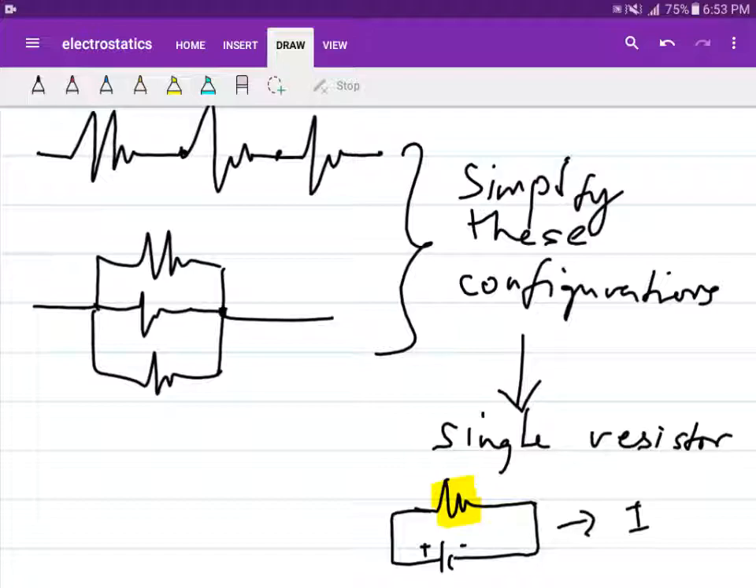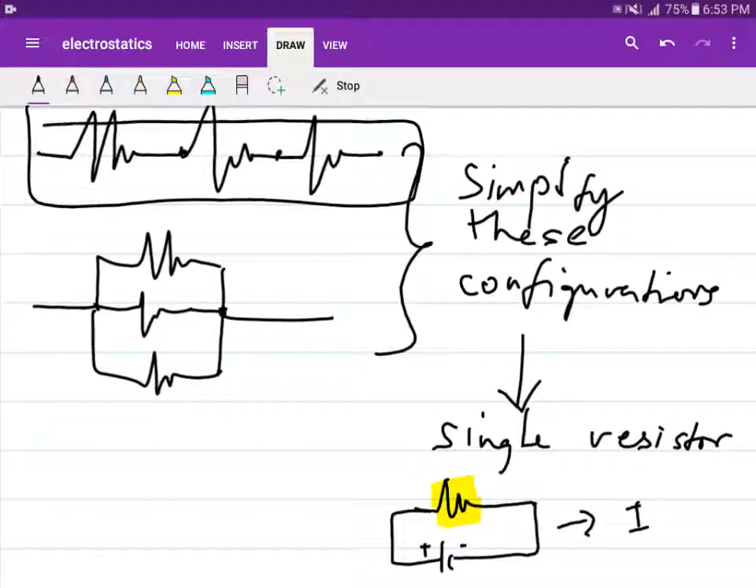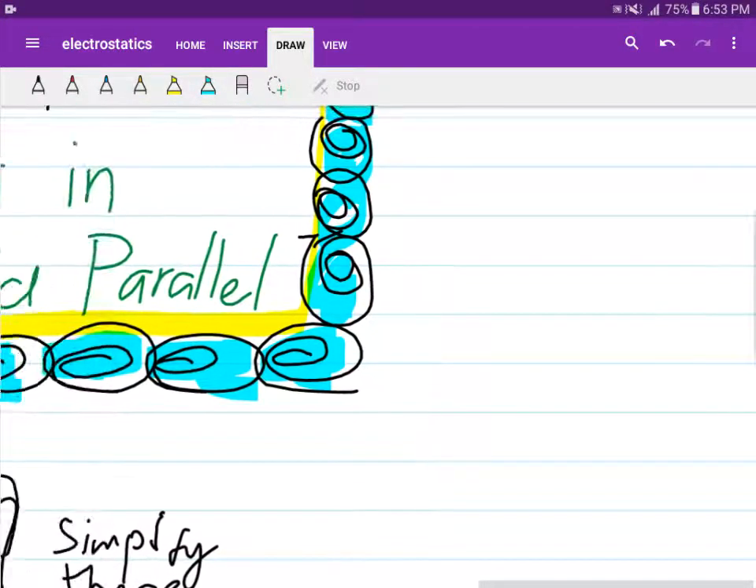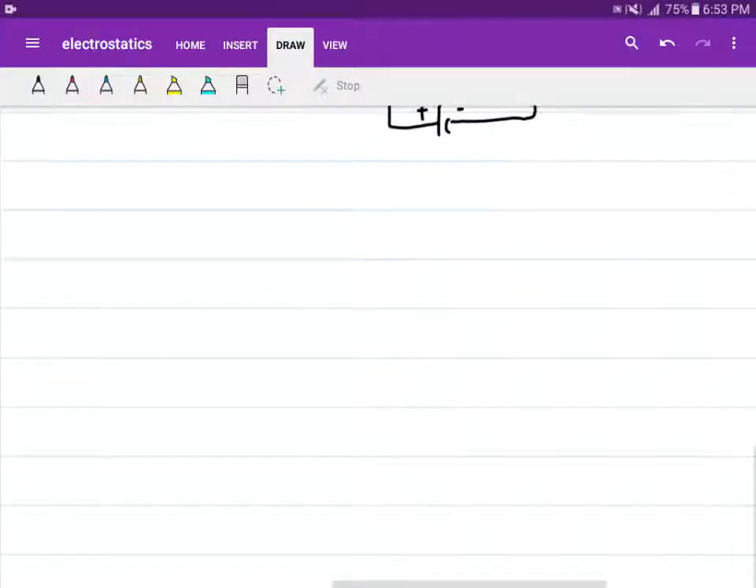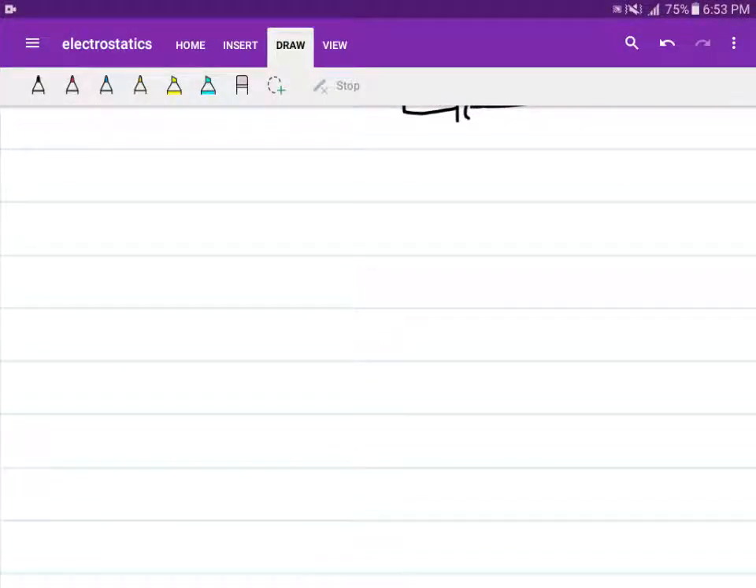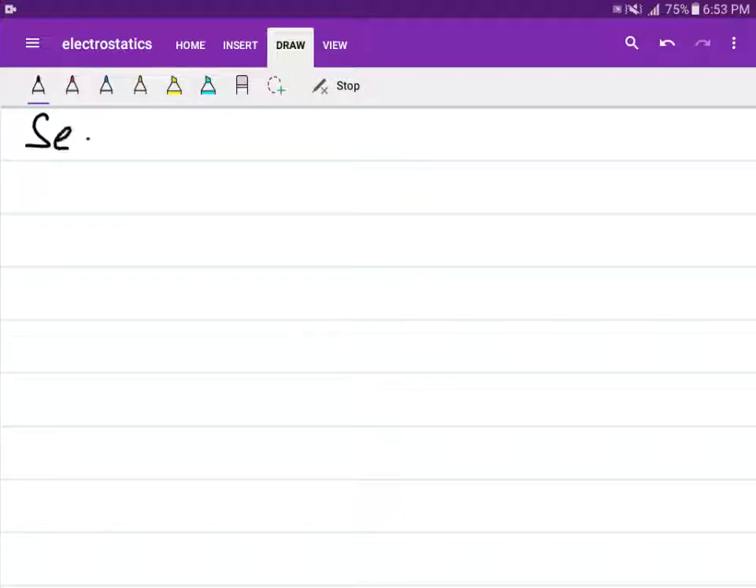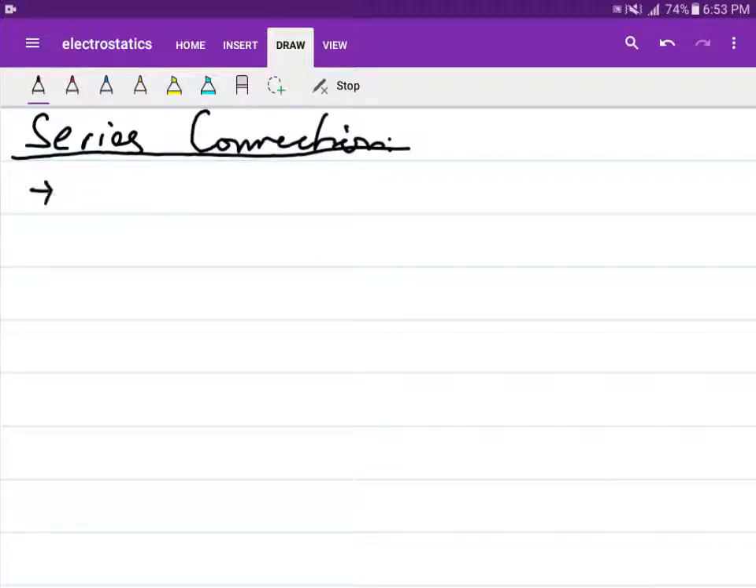So let's try to do that. First we try to analyze what kind of configuration this is. The first type of connection is series connection. For this series connection, take note, this is only for resistors. This is the case for resistors. So series connection,